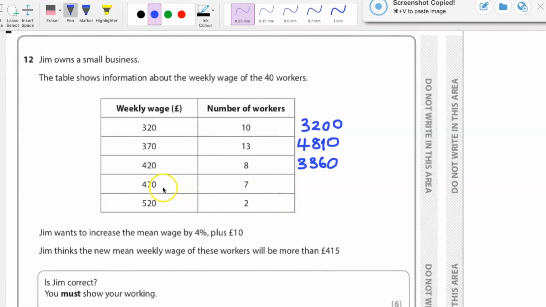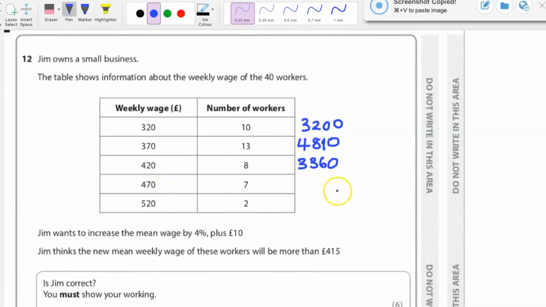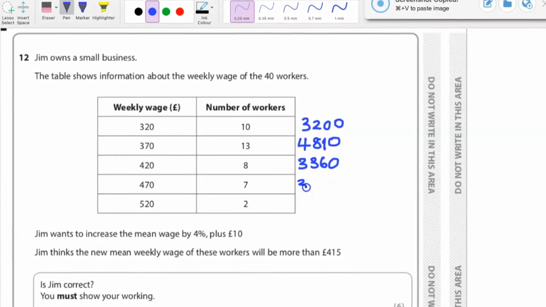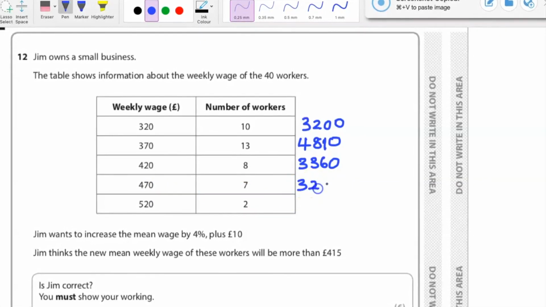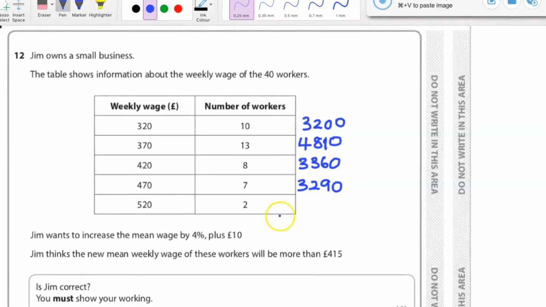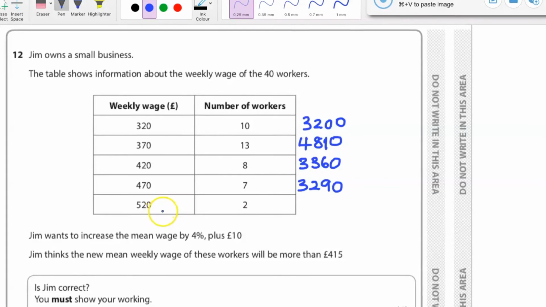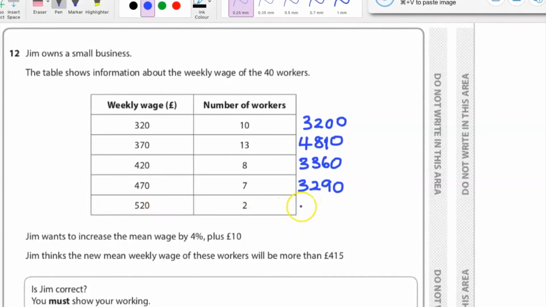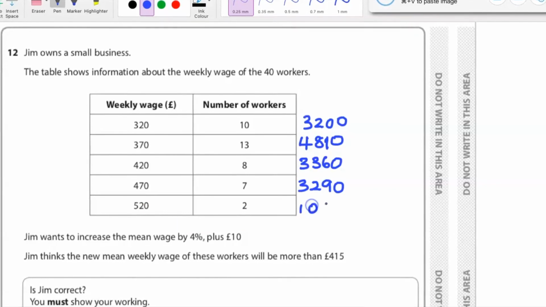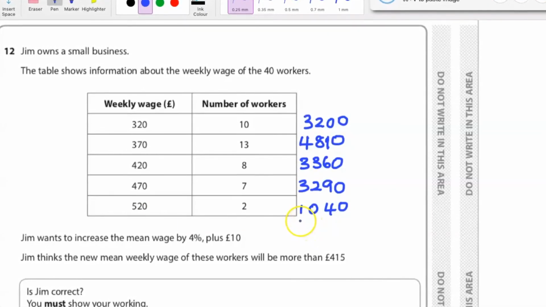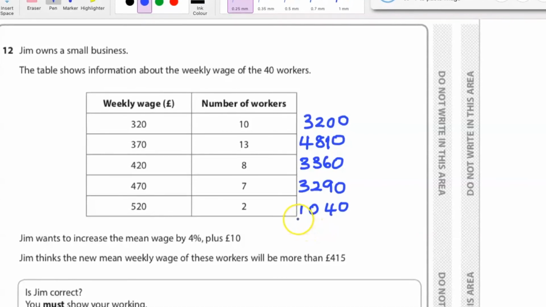Then 470 times 7. Put that in your calculator. You will get 3,290. Finally, 520 times 2. Put that in your calculator. You will get 1,040. If you add all these numbers together,